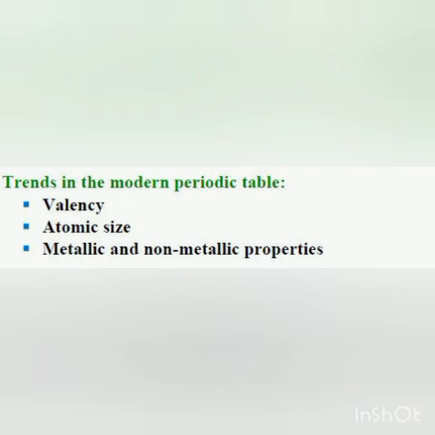Okay, so here the valency will be 1 and all these elements will be metals having the same physical and chemical properties. Now you come to group 2, that is beryllium, magnesium, calcium and so on. So all these elements will have the valence electrons 2 and they will lose 2 electrons, so valency will be 2. And they will also behave as metals.